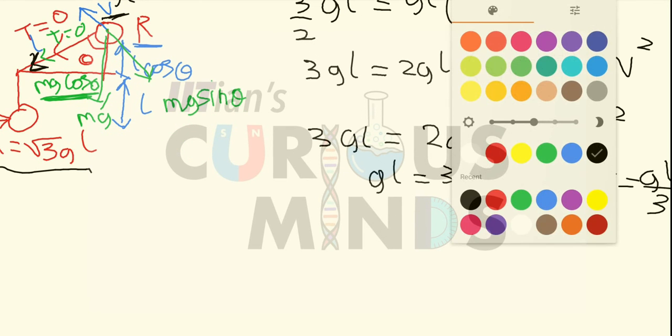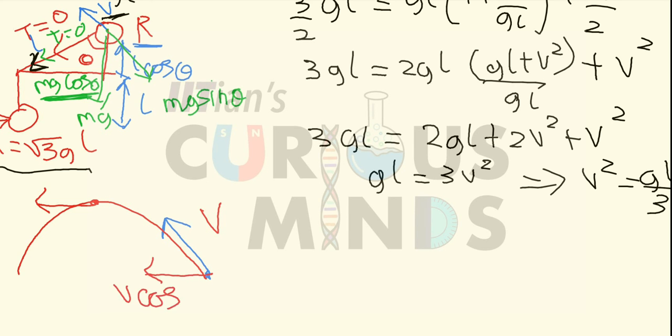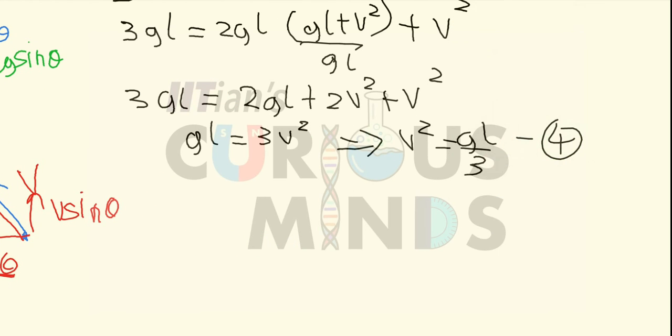After reaching point R, it loses contact with the string. So it starts performing projectile motion. They have asked the minimum velocity. The minimum velocity is obtained at the top. If this velocity is equal to V, the horizontal component is V cos theta, and the vertical component is V sin theta. The minimum velocity is the V cos theta obtained at the topmost point, because the horizontal component of the velocity remains constant. So the minimum velocity will be equal to V cos theta.